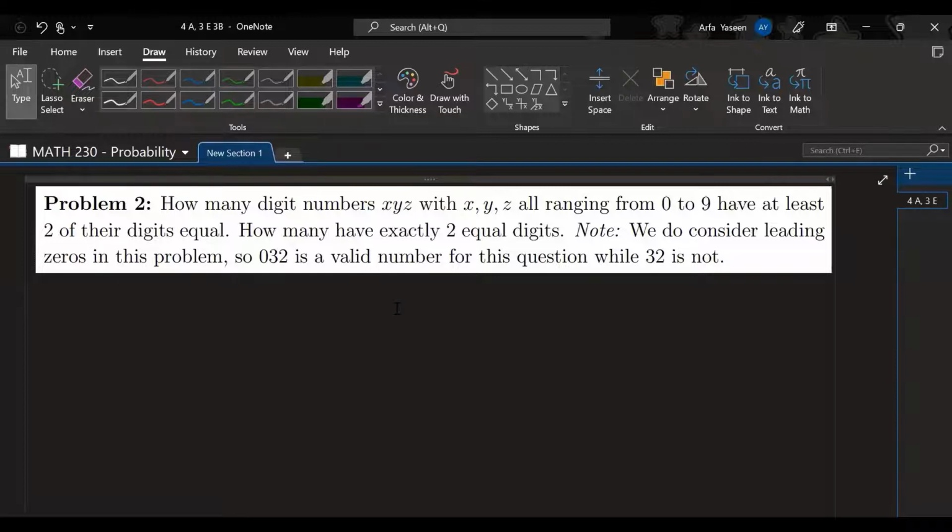The second approach, which I will solve here, is the direct approach,